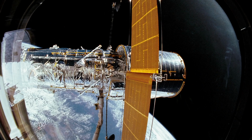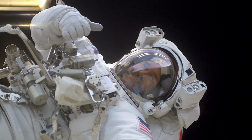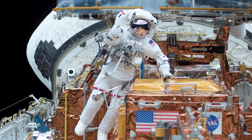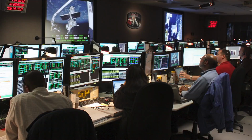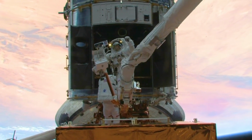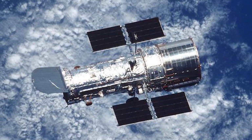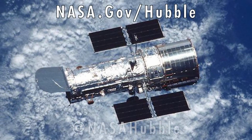From 1993 to 2009, there were 5 astronaut servicing missions for repairs and upgrades of the telescope. These, along with an ongoing crew of attentive experts on the ground, are keeping the telescope today at the peak of its scientific capabilities. You can find out more about the Hubble Space Telescope at the website nasa.gov/Hubble and on